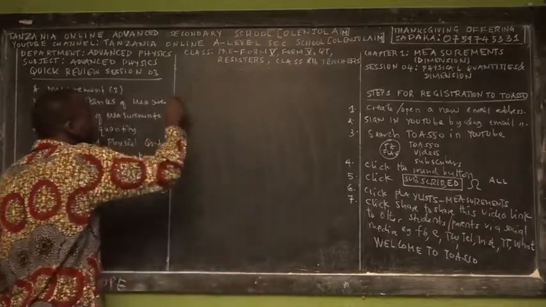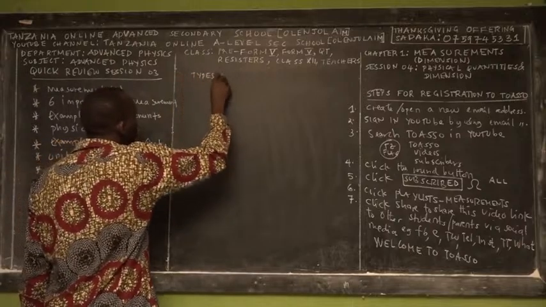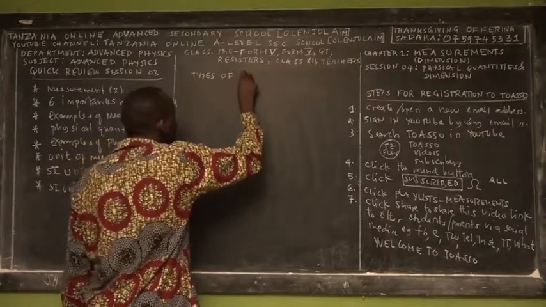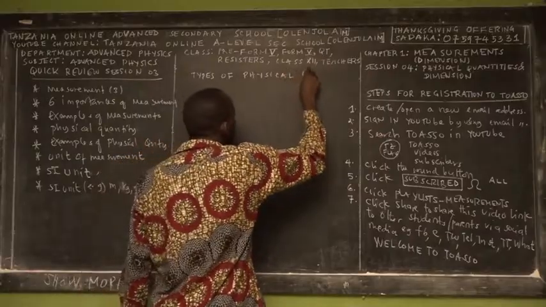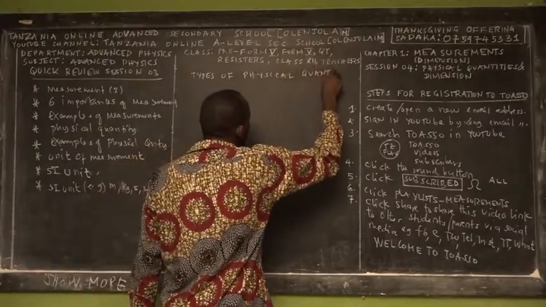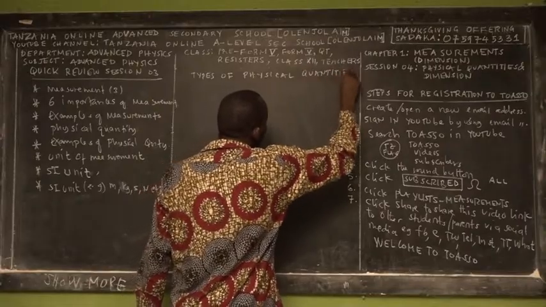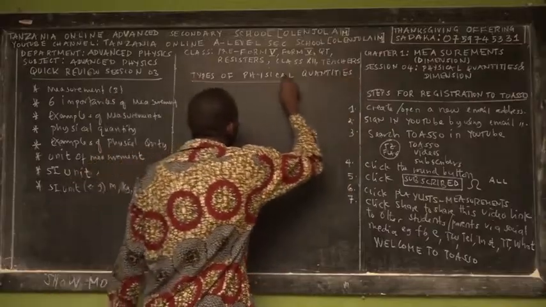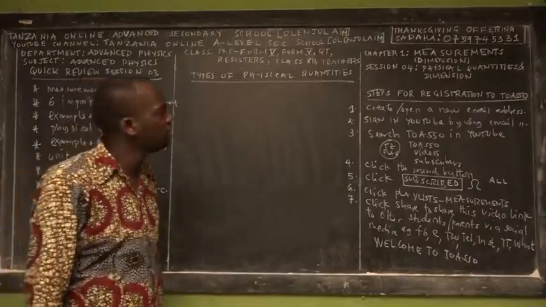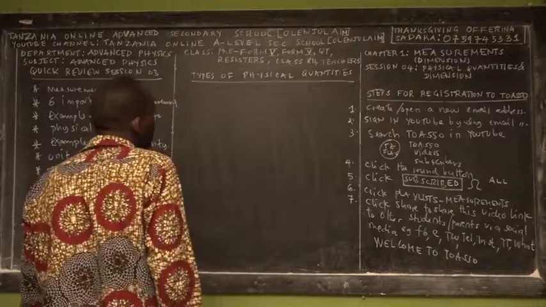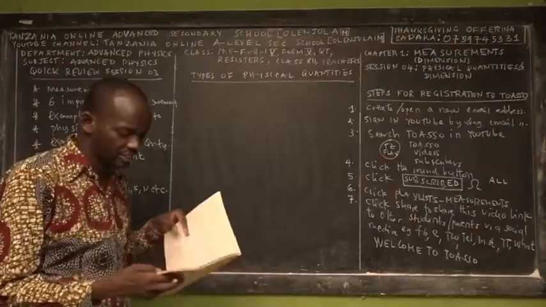Today in this lecture, let me teach you first the types of physical quantities. This is still a revision of what we taught you in Form 1. Most students forgot what we taught during Form 1, but they can quickly review it in detail through our other official YouTube channel called the Tanzania Online O-Level Circuit School. You can review those materials if you forgot, because we don't have time to repeat everything.